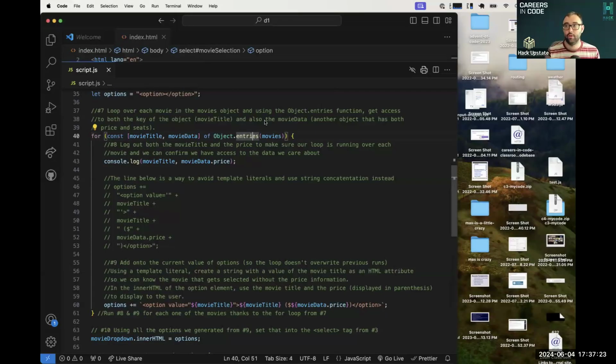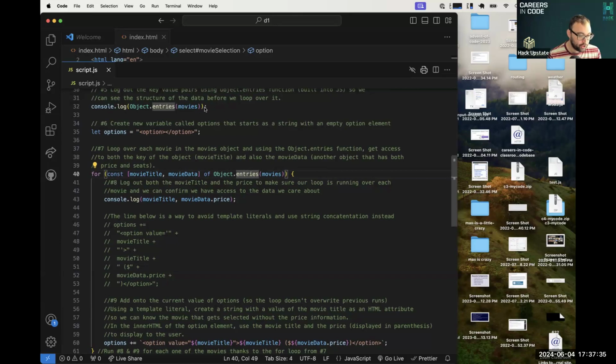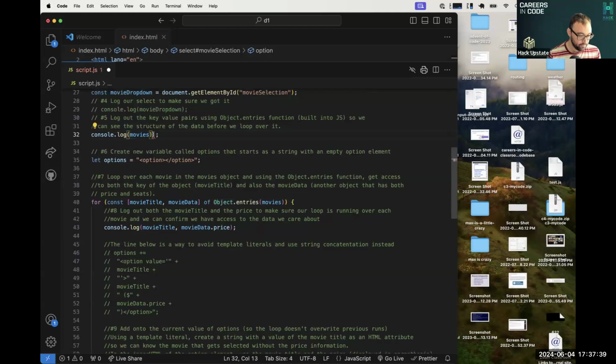Because the first question we have tonight is why did we use Object.x here? And don't follow along with me yet. We'll get set up in another day folder in a minute. But I just want to dive into this question because I think it's a really good one. So if we just console log out our movies,